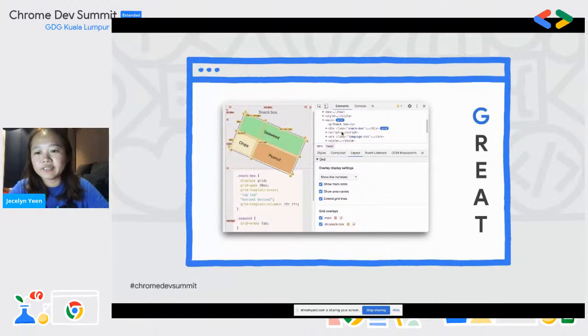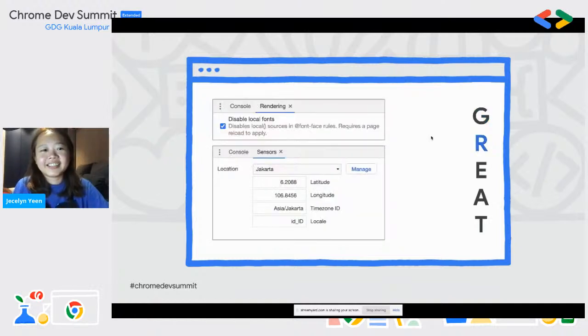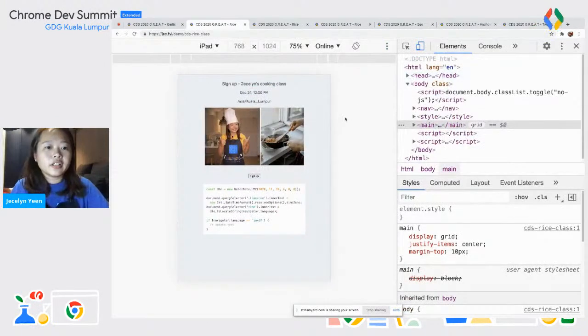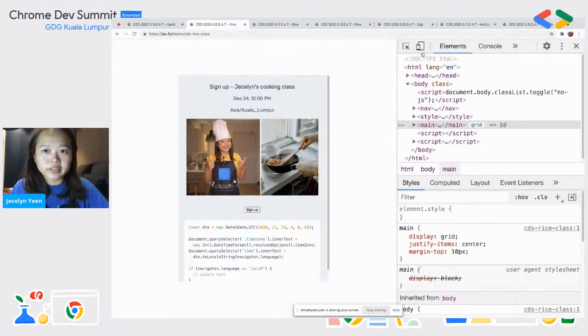The second feature that we have is the rendering tab. We have put a bunch of new features in the rendering tab and the sensors tab. The first one I want to introduce is location emulation. You can use DevTools to emulate your location and your locale. So for example, I have this page here. Let me just turn off the